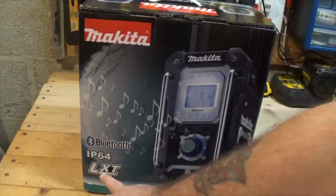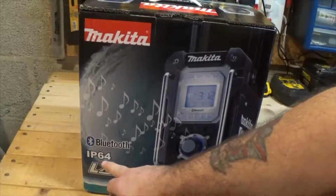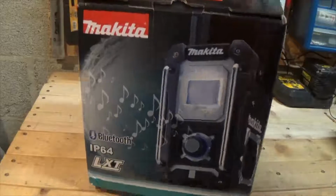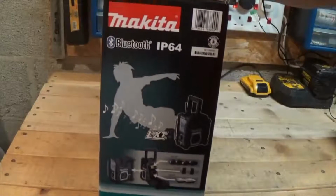Now this is an LXT and it's IP64 rated, so it's light showers and things like that. I think I'm going to have to double check it. So if we just have a look around the box there,